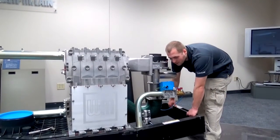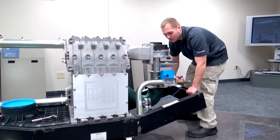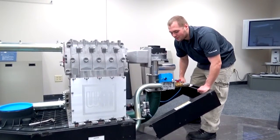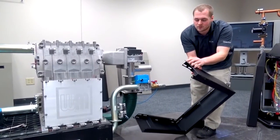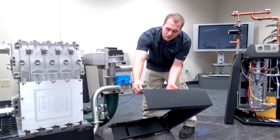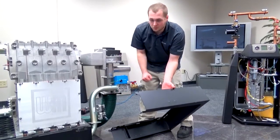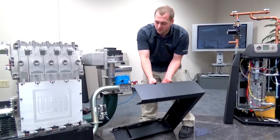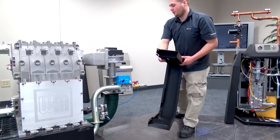Pulling the frame out, you have to lift up and pull out to you. If you don't lift up, you're not going to get much of anywhere. It's got hooks right here on this bent sheet metal that fits into those slots. It really locks in once it goes down to level out with the rest of the frame. So you need to lift up and pull out. And then once this is out of your way,